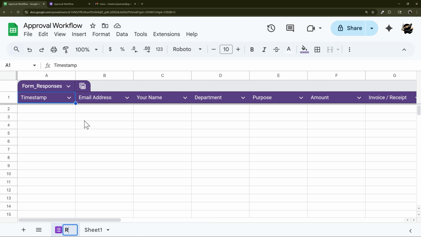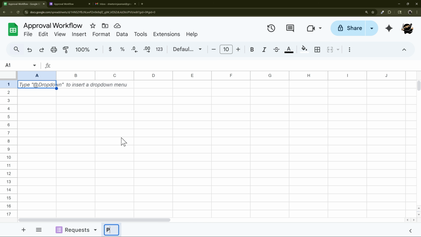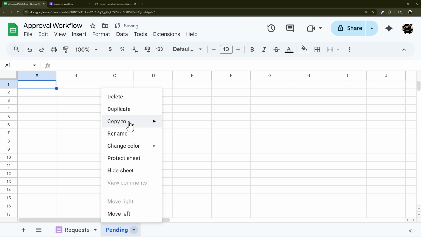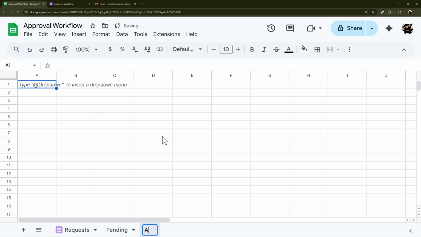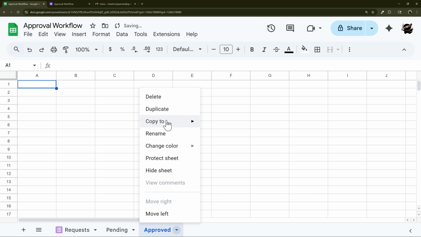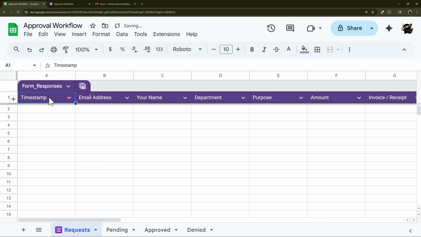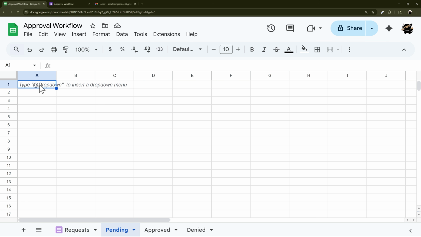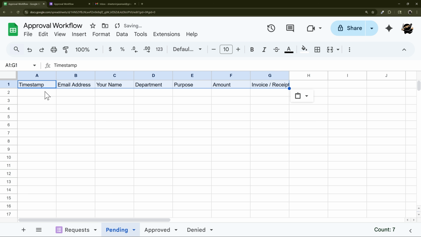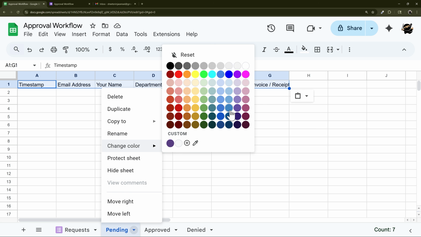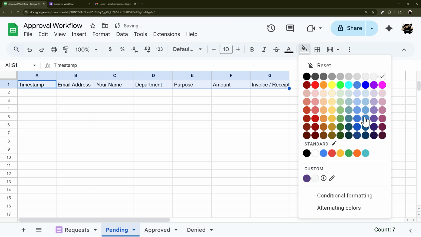So we'll just call this requests. And so we'll just let all the requests wind up here, and then we'll flow them through. We'll call this pending, approved, and denied. And so let's just go ahead and copy these headers over here. So I'm going to do Control-Shift-V or Command-Shift-V if you're on a Mac. And then for pending, let's do maybe blue. We'll just kind of color code these a little bit. So blue,